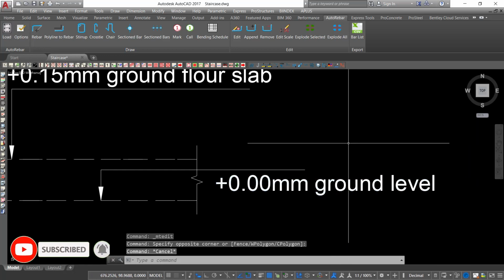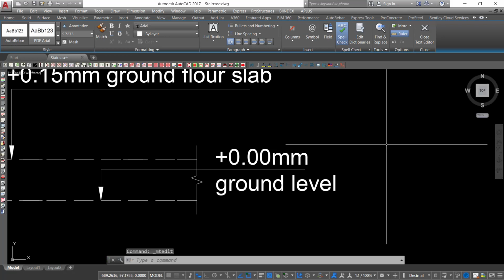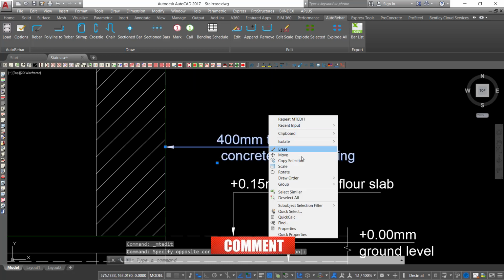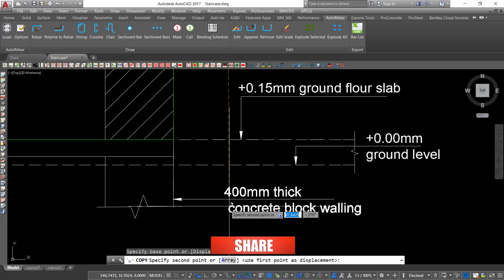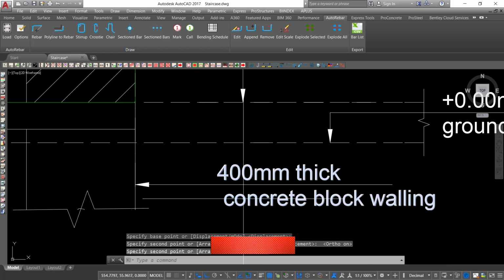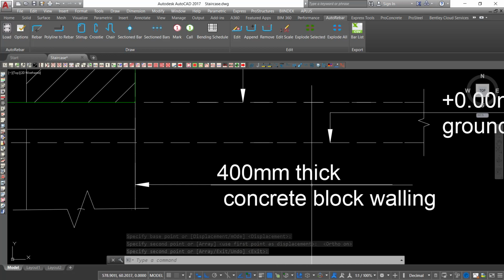Just type escape and double click on it once again and enter. So we have that information. So we'll pick on this, right click and come to selection. We'll select on that, we'll place it there, we'll point there. So we want to give a description of this. This will be 400 millimeter thick